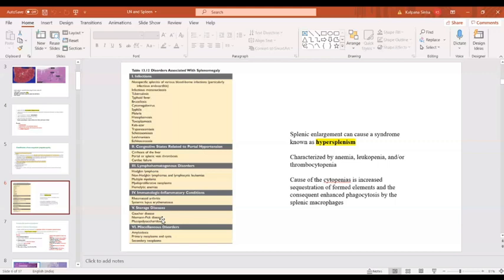So one thing is hypersplenism. You should remember what is the difference between hypersplenism and splenomegaly. They are different terms. So in hypersplenism, the spleen can be of any size. It can be moderately enlarged, it can be normal, but the function of the spleen is exaggerated. So there will be pancytopenia, because even the healthy blood cells are getting sequestered, phagocytized and destroyed. So this term is known as hypersplenism. It has nothing to do with the size, it has to do with the function.